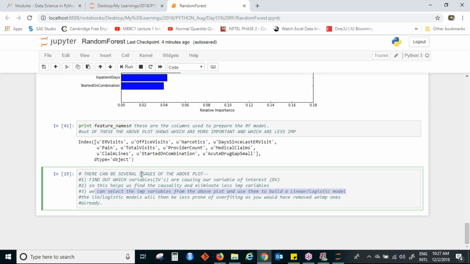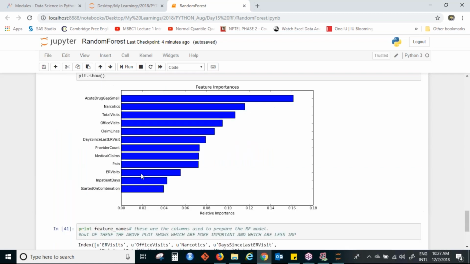This is also done because in linear and logistic, the process of finding the important variables is a little difficult, because you have to iterate many times, look at the p values and so on. So a lot of people run a random forest model, identify the important variables, and then take them and run a linear or logistic model again. So this is also done.